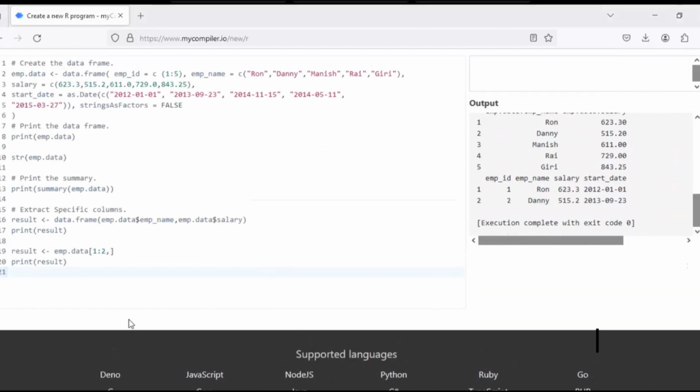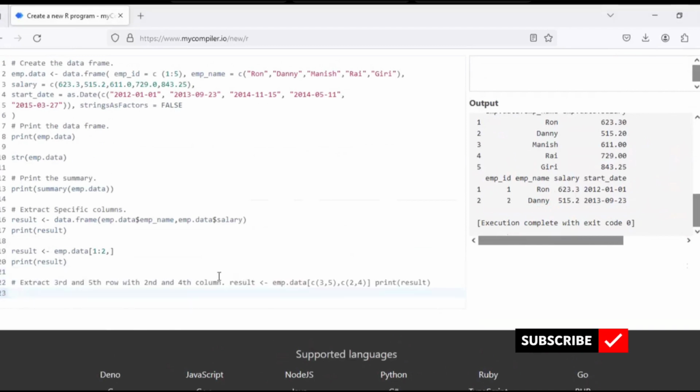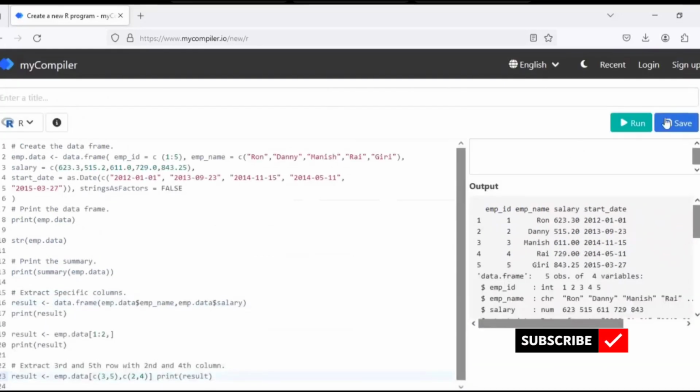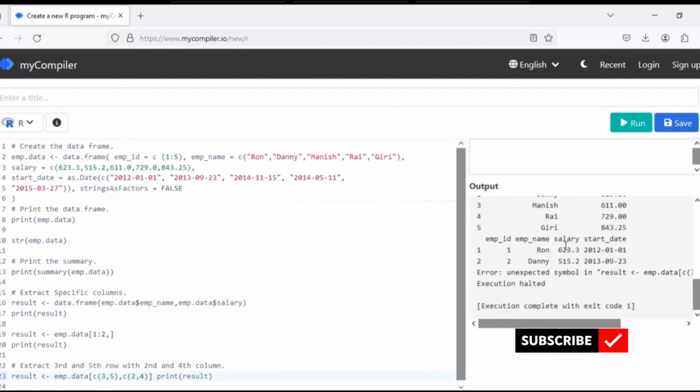Two rows have been extracted. If we want the respective third and fifth row, second and fourth column, that is also possible. So if you try extracting it, and if we run the code, we'll get